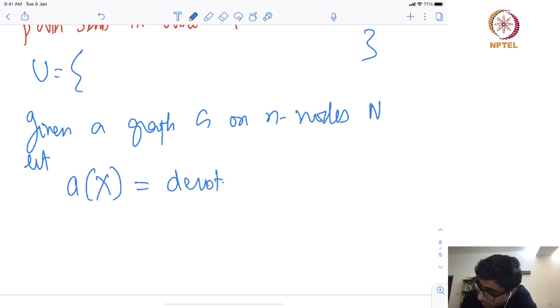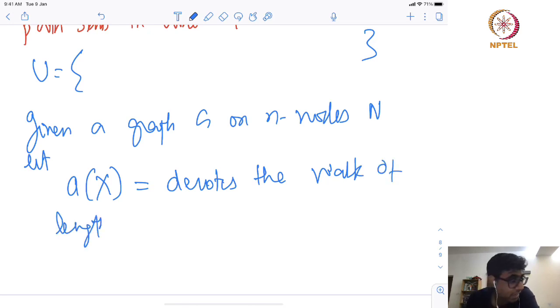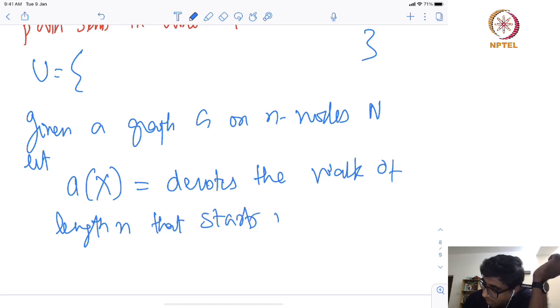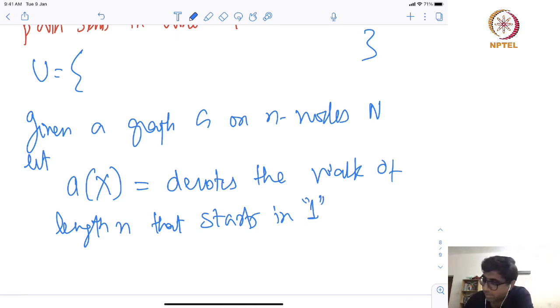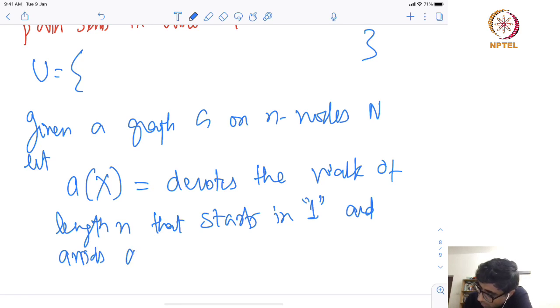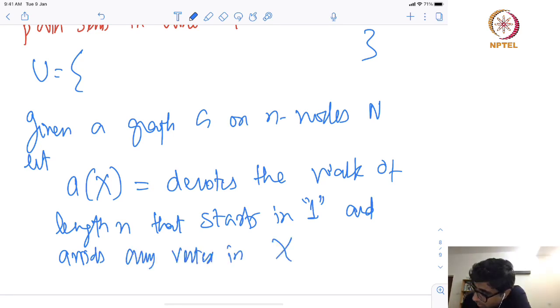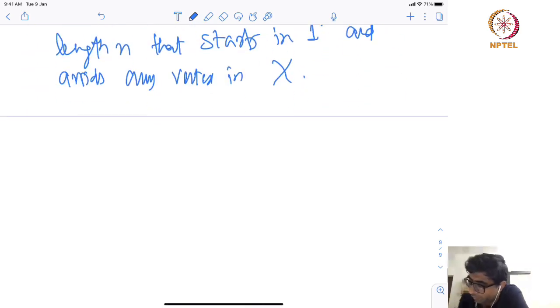It denotes the walk of length n that starts in the first vertex, the pre-specified vertex, and avoids any vertex in X. Okay. So, for example,